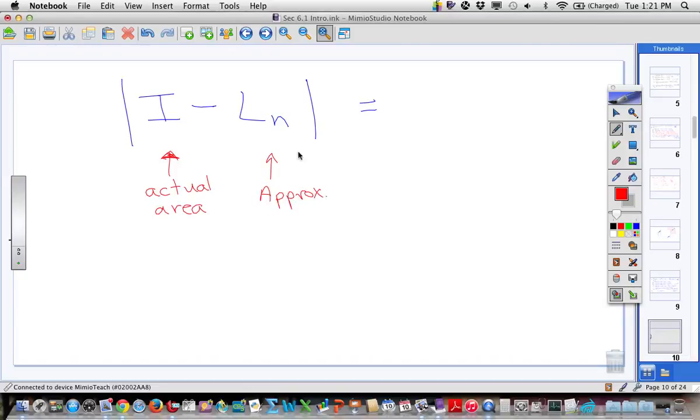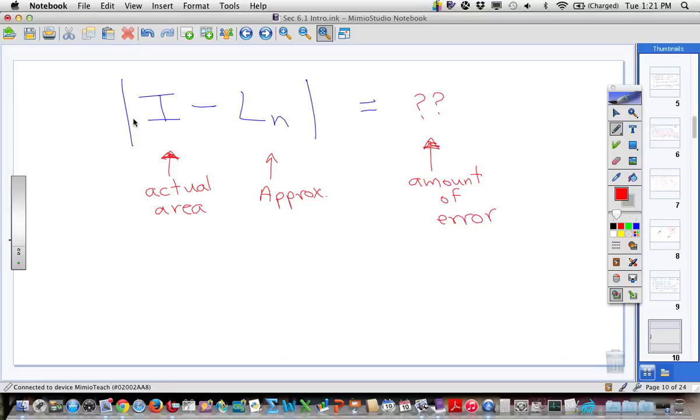Now I could do the same thing with rights or midpoints or trapezoids in here, right? But that's our approximation. So if we subtract those, what's our answer then? What name could we give our answer? The amount of error. Okay? So when you see these bars and I minus L sub n in there, what they're asking for is